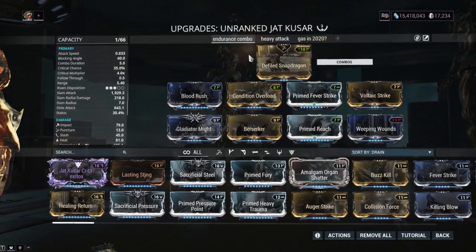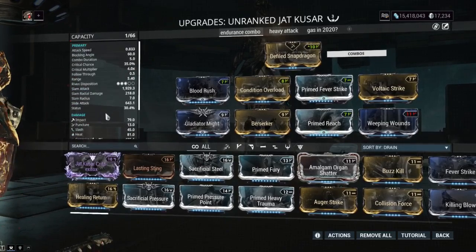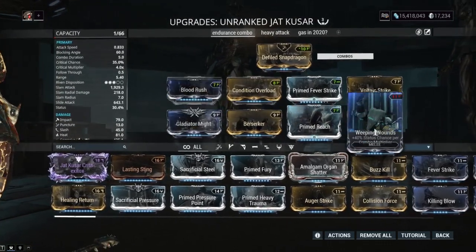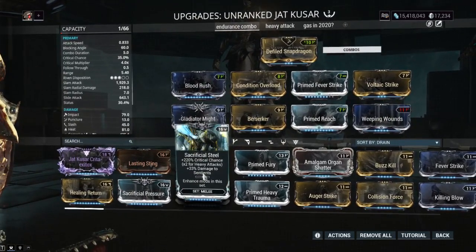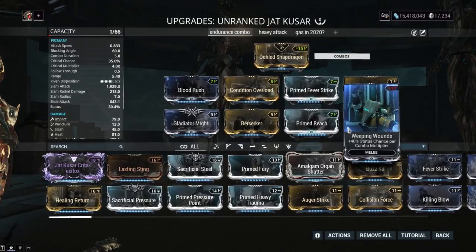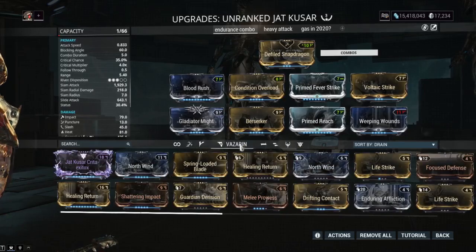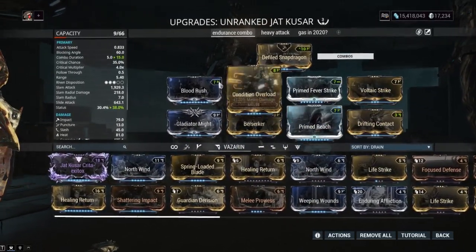The gas build's kind of just a joke, but this is the one I would use for an endurance run. Because the thing is, guys, you don't really need Blood Rush and Weeping Wounds in normal everyday missions at all. You could run things like Sacrificial Steel, and the reason that this is in the wrong polarity is because my Riven mod is a D polarity. Also, you can just run Drifting Contact in that slot as well to keep your combo going for Blood Rush,